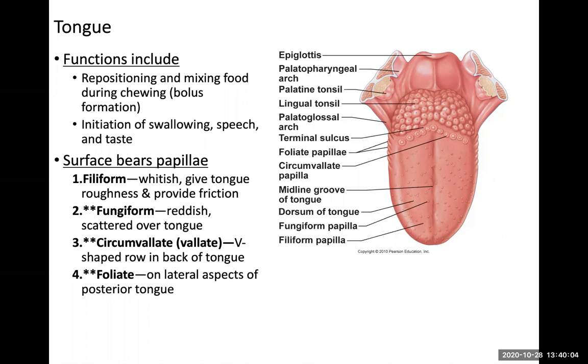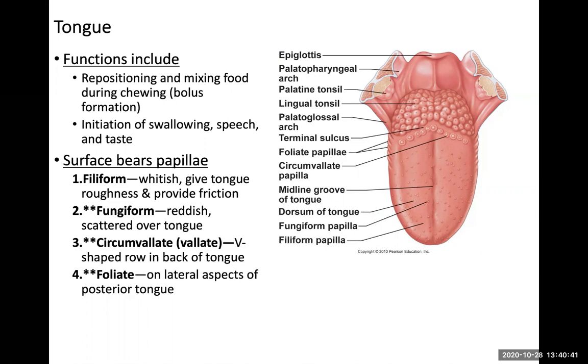So everybody's familiar with what their tongue looks like. And when you look at your tongue, you notice that it has a bunch of bumps on it. Those bumps are what we call papillae. The papillae are the structures that contain, and not all of them do, I should say, but many of them contain what we call taste receptors. So we have the papillae themselves come in four general categories based on shape and to some degree location as well. So at the front, the most anterior aspect of the tongue is covered with what we call